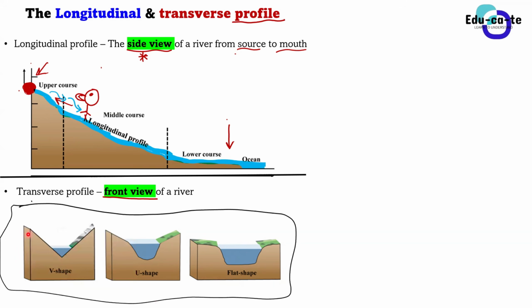So the first one, we've got a V-shaped valley. Let's say that you are inside the river and you are able to see it in this way. This is the water of the river. You can see the water here. When you are inside the river, guys, you are able to see the front view of the river, right? And the river is flowing towards you. Remember, guys, the river is flowing towards you and you are seeing it from the front view. You are inside the river, so you are able to see this.